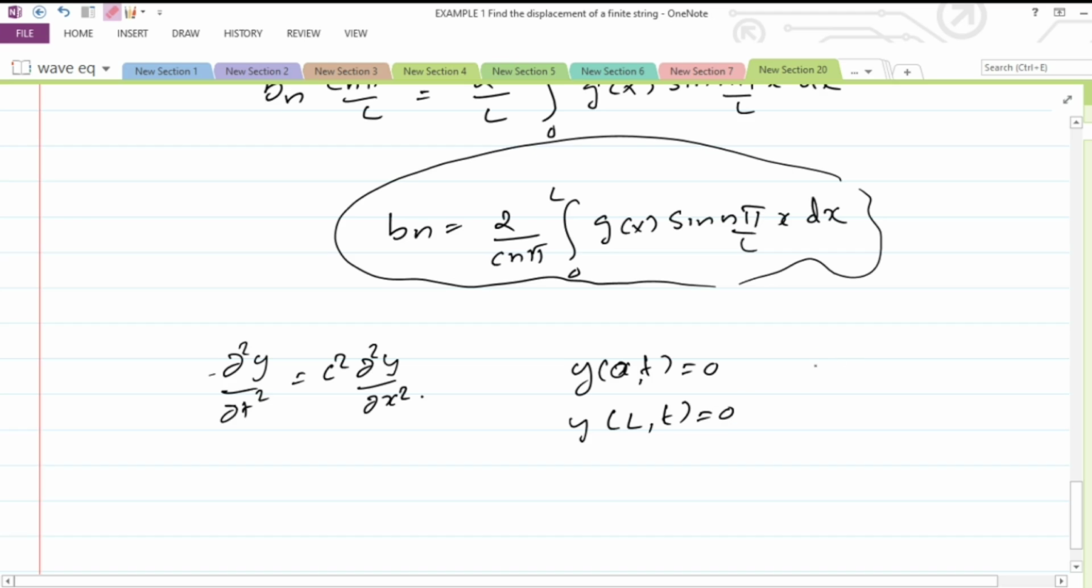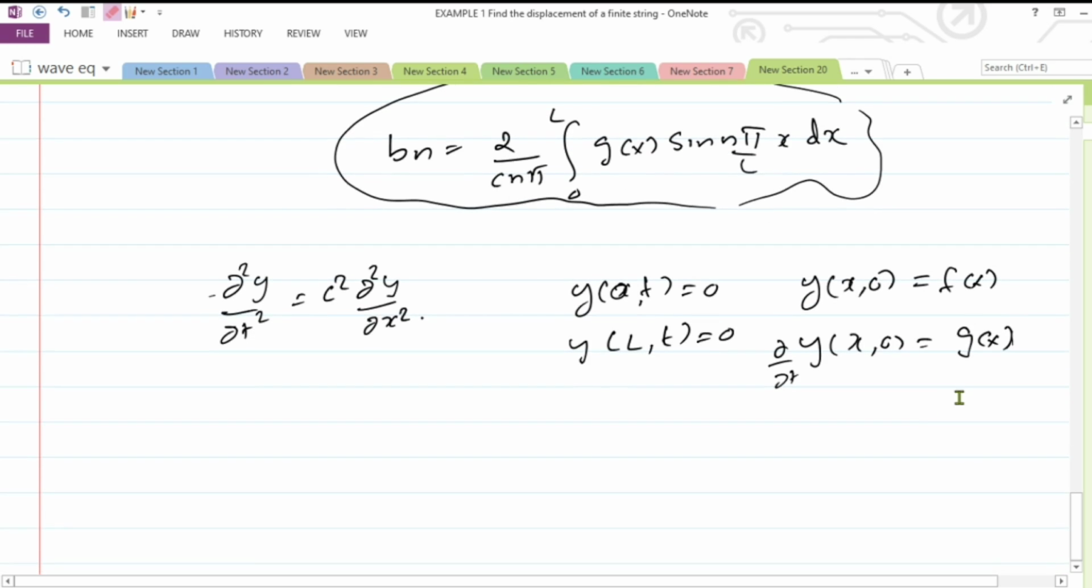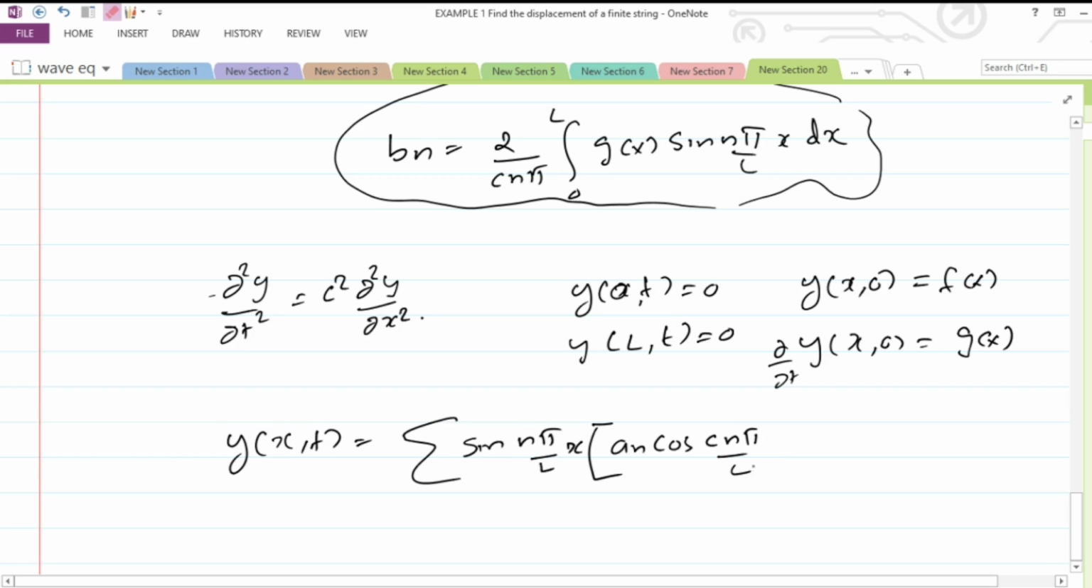For some general functions f of x and g of x, that is, y of (x, 0), the initial displacement, is f of x, and the initial velocity, dou by dou t of y of (x, 0), is g of x, we can clearly say that the solution of the one-dimensional wave equation is y of (x, t) equals sigma sine n pi x by l into (an cos c n pi t by l plus bn sine c n pi t by l),